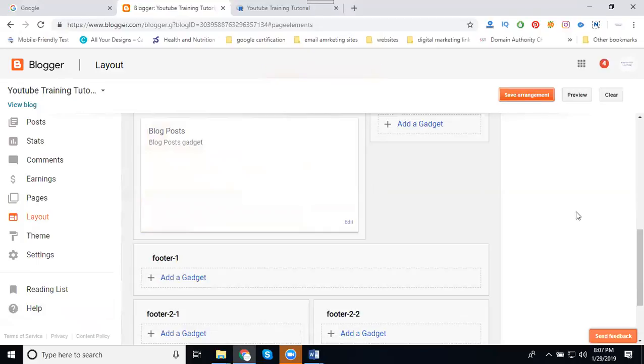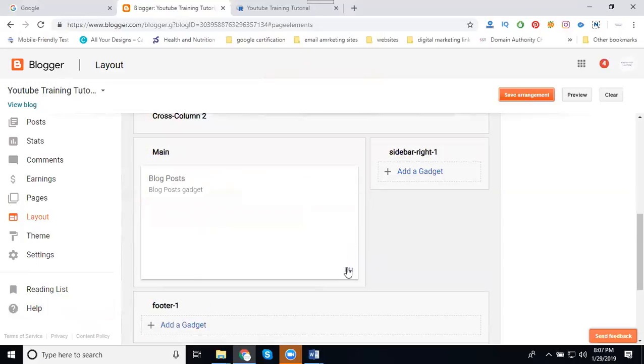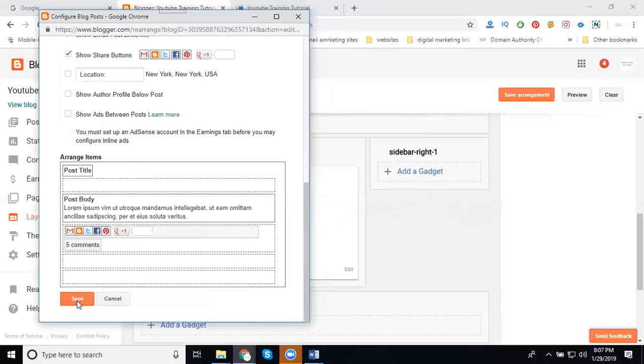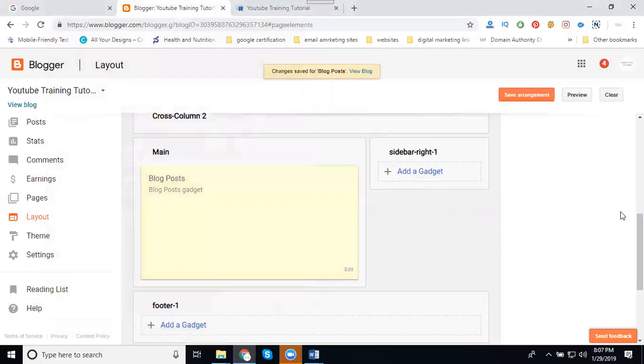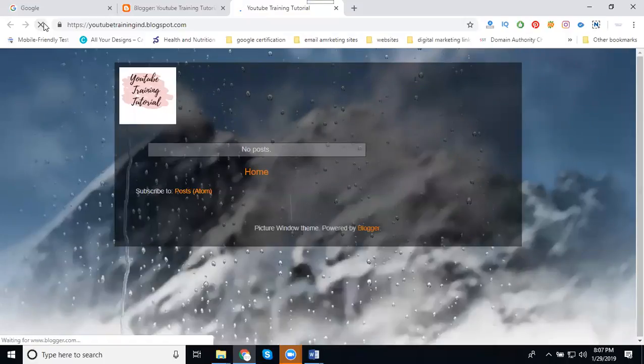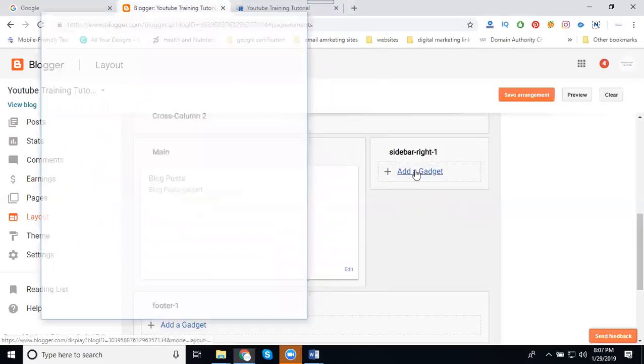After this, suppose you removed the date and time. You can add them once again with the simple option called edit. You can enable everything. It's a simple option. So click save. If you add any gadgets, like contacts from your social media account, these are all based on the gadgets you add. So right now it will be like this. Now click refresh. So it is clear, a totally empty screen. Now for the content, I'm adding my contact form.